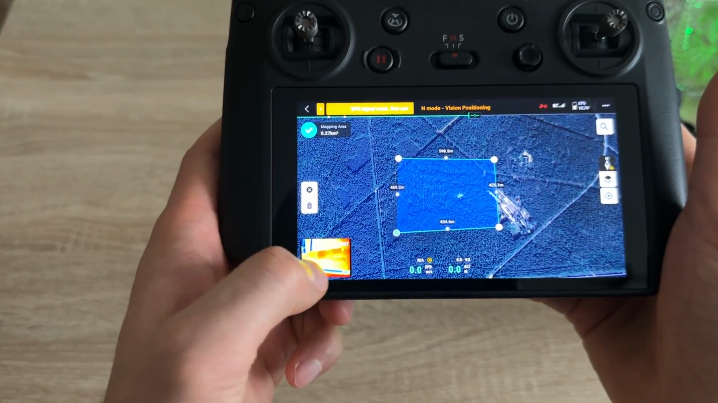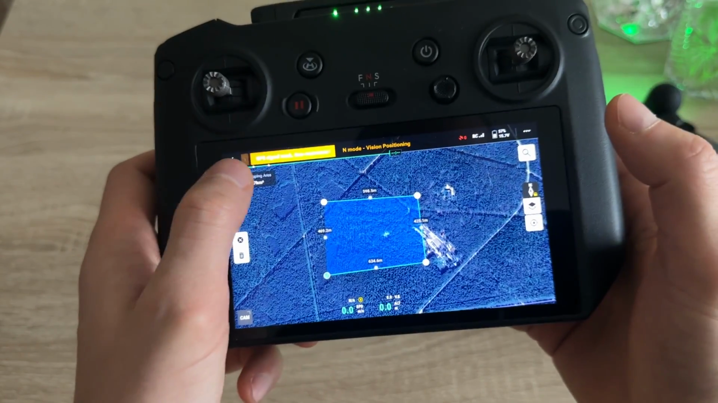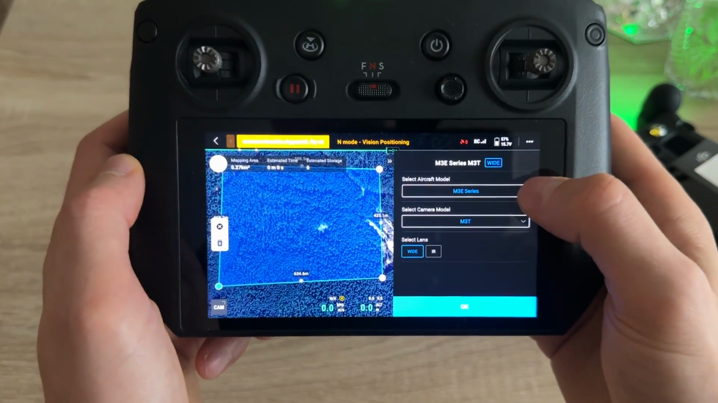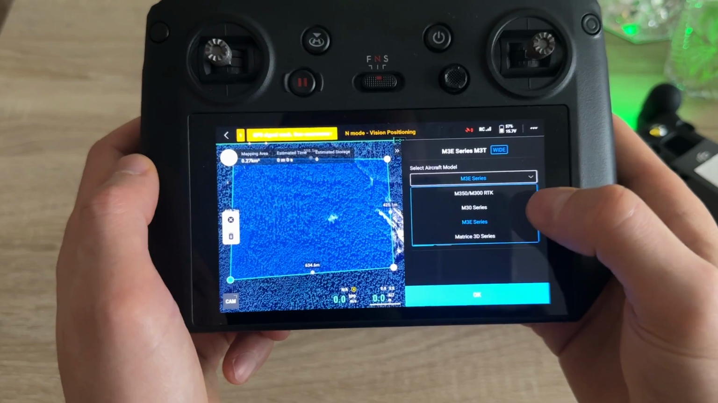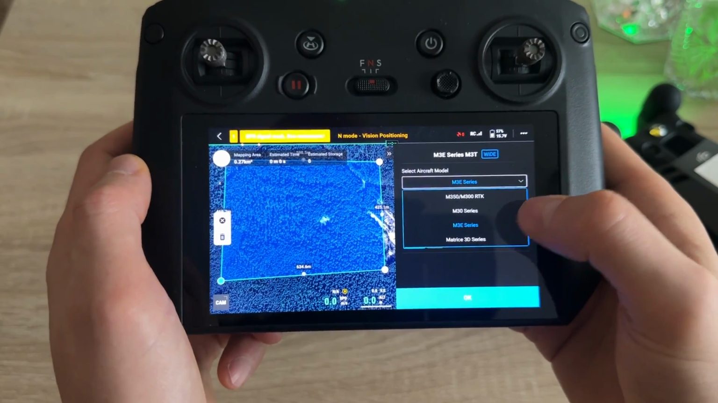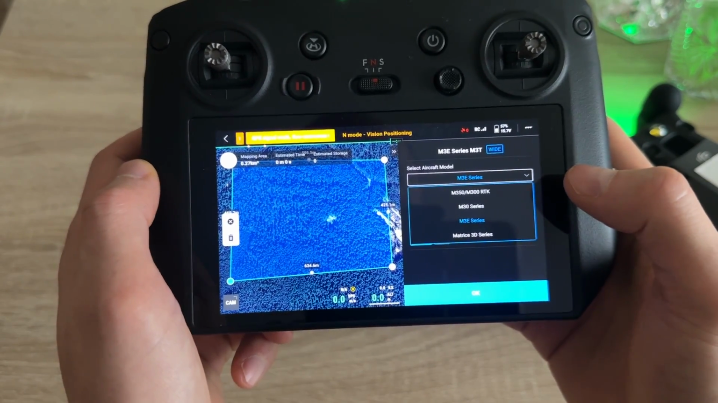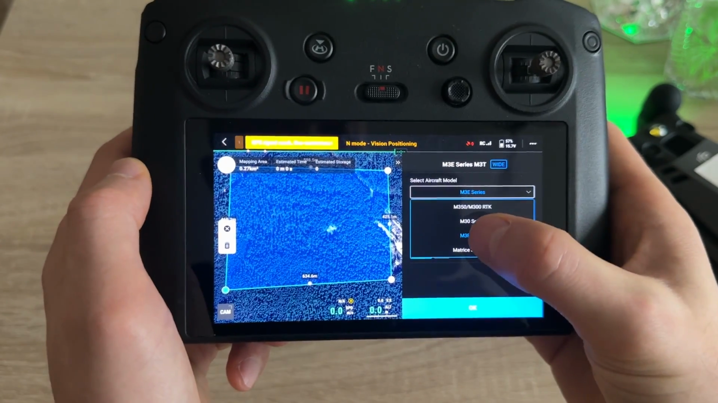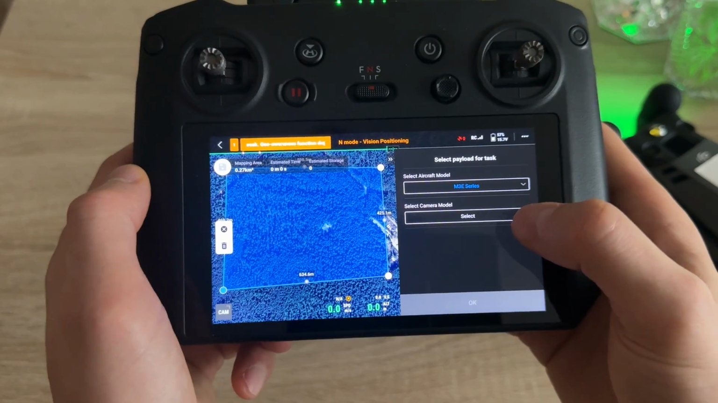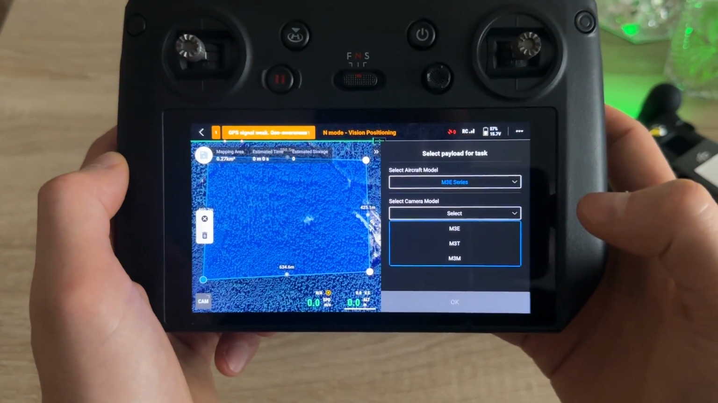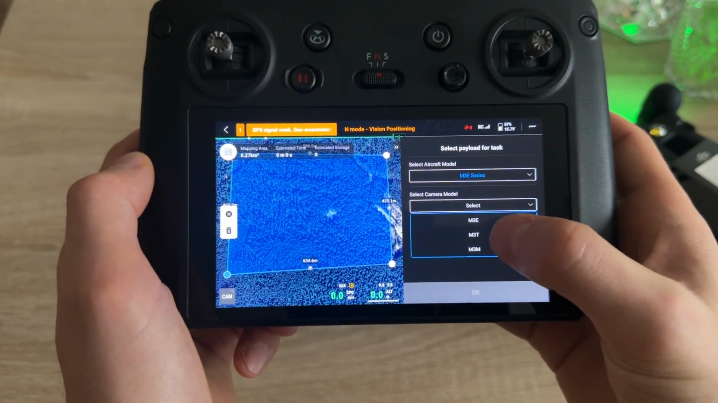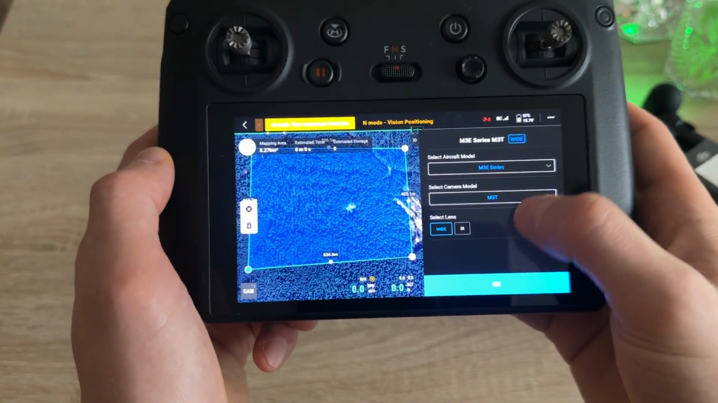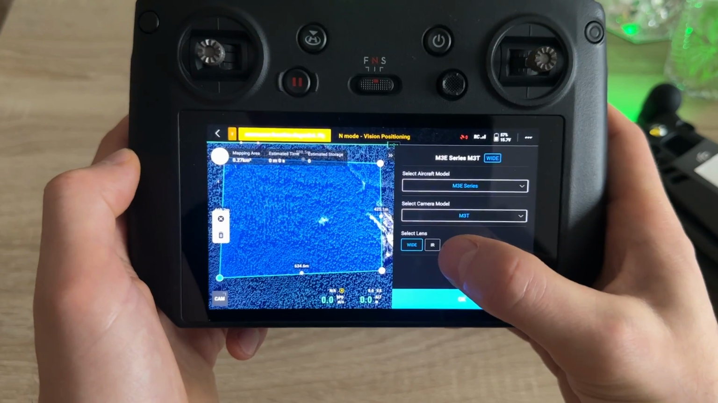So this is area, and when you click area, you can select drone. So there are all drones for Pilot 2 application. We have Enterprise 3, so I can select camera model. So Mavic 3 Enterprise, Mavic 3 Thermal, and Mavic 3 Multispectral. I have Mavic 3 Thermal, and then I can choose